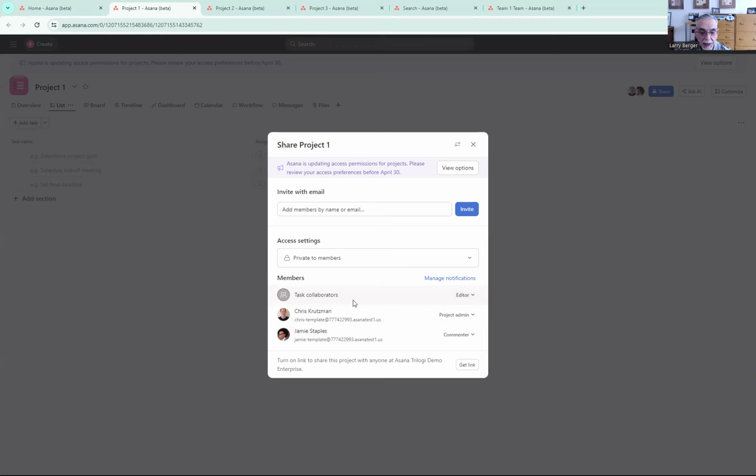The conflict is because the person's explicit access, commenter here, as a project member, is at a lower level than their default access as specified in the default access row. Prior to April 30th, Asana interprets this duality of permissions by assigning the lowest one, commenter in this case. So if the user is a commenter here and the default is editor, then that user has been a commenter. That's going to win out, the lower one of the two. That's currently, up until 4/30.